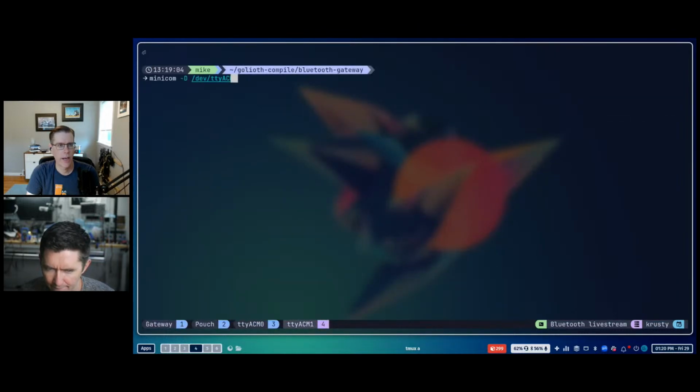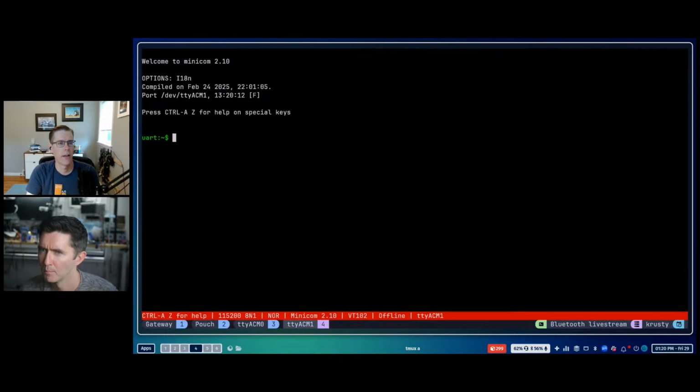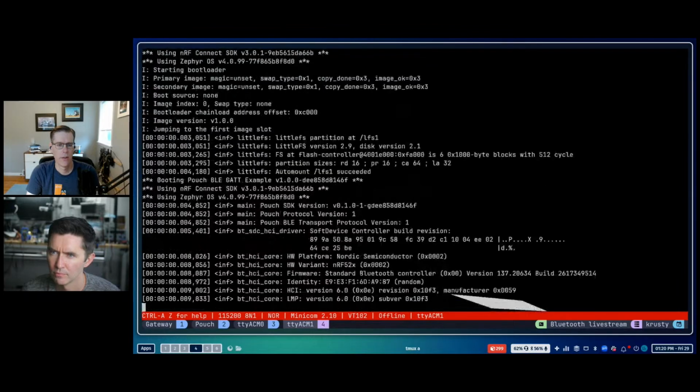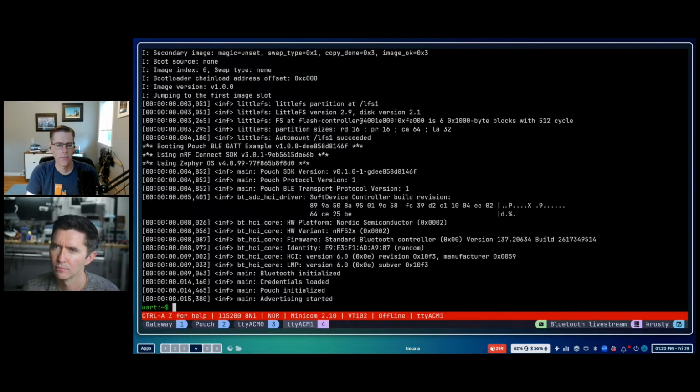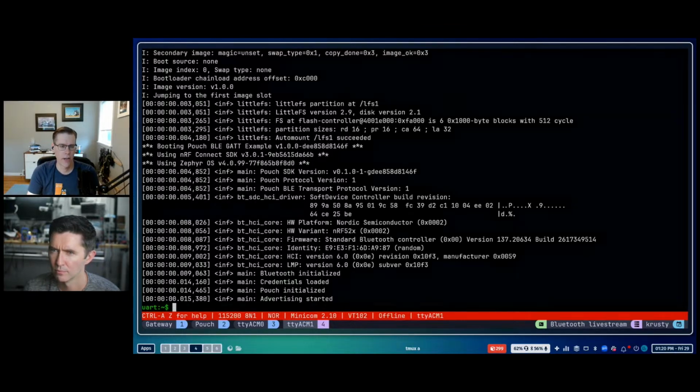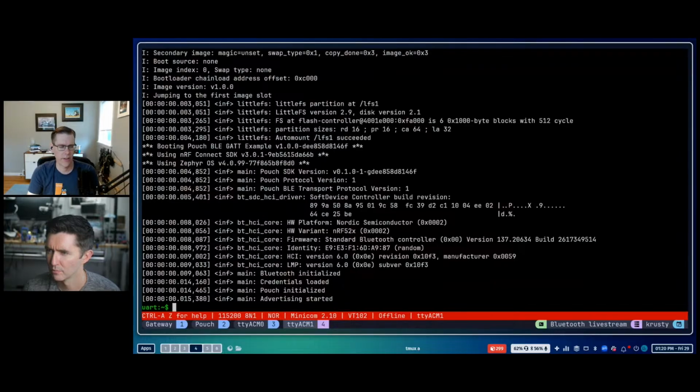And now I can load back up. And I actually want to do a reboot of this leaf node. And now it says advertising started. So it found our certificate and it is going to advertise, I think it's set by default every 20 seconds. Does that sound right? That's right. So config, remember we